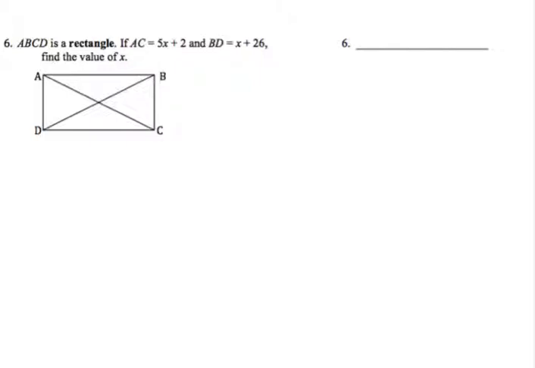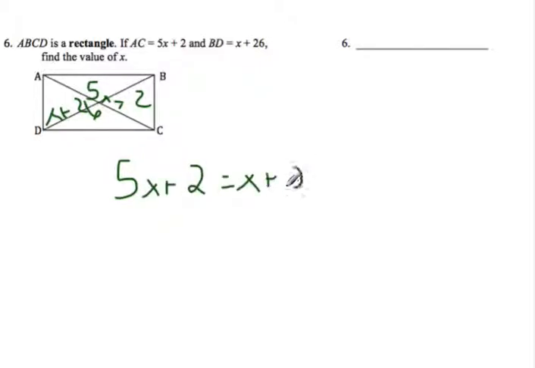It says that ABCD is a rectangle, and AC is equal to 5x plus 2. So AC, this diagonal, is 5x plus 2. And then the other diagonal is x plus 26. Now another property of a rectangle is that the diagonals equal each other. The diagonals are congruent. So that means we can take 5x plus 2 is equal to x plus 26 using